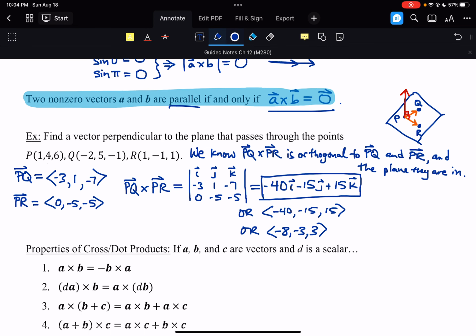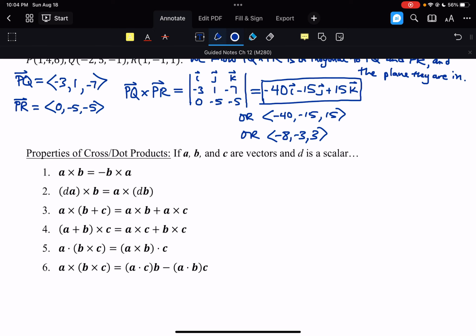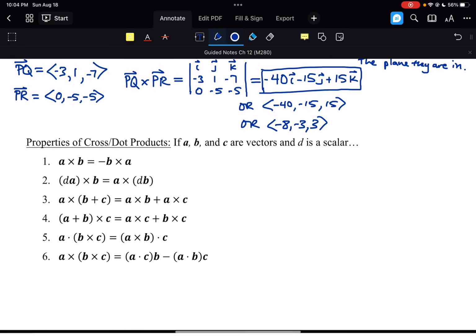So to finish us off here, just looking at some quick hits, some properties of cross and dot products. Some of these we'll use more than others. Remember the dot product, the order didn't matter. You could take A dot B and that's equal to B dot A. That's one of the nice things about the dot product. The cross product does not work that way. The cross product A cross B is equal to the opposite of